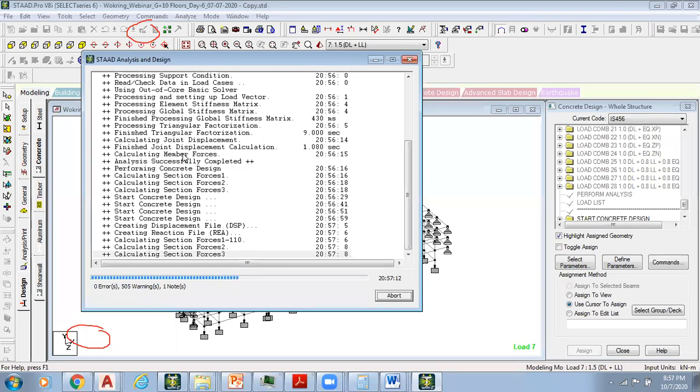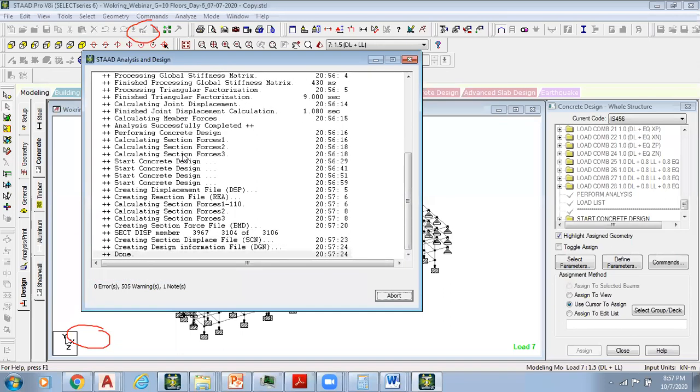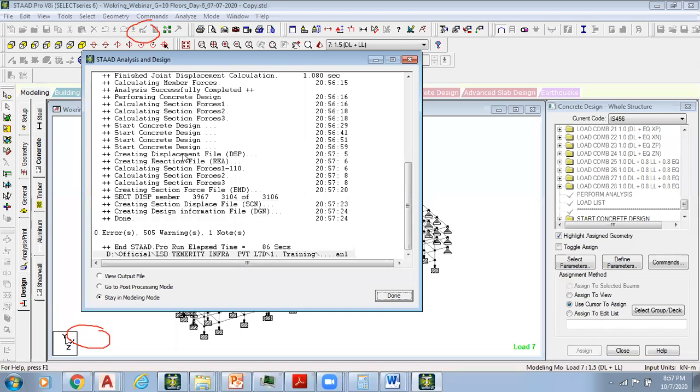Last time we had 626 warnings. Now, yes, almost 125 warnings are cleared, and remaining we have 505 warnings. Those warnings are related to design parameters, like members are failed, right? So now I wanted to see which member is failed.